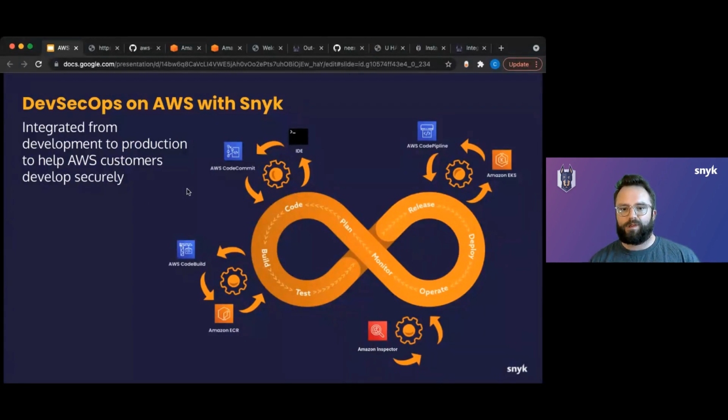So whether you're using something like CodeCommit to store your code, a variety of IDEs you might be interacting with, CodePipeline to build that code and maybe deploy it out to something like EKS. Amazon Inspector recently has been integrated with Snyk's vulnerability database so that you can get intelligence from Snyk Intel through your use of Amazon Inspector. So we have a multitude of integrations with AWS services across that application lifecycle,